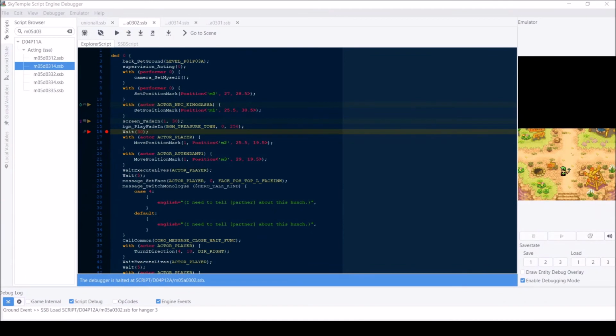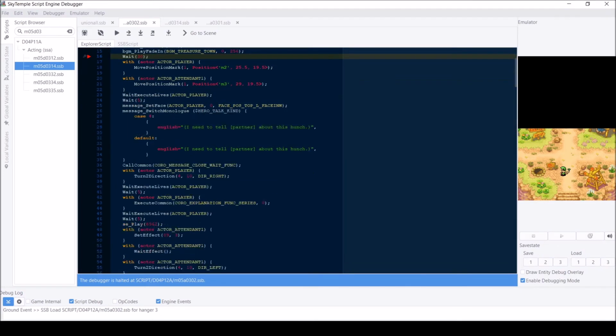Now, onto MO5A0302.SSB. We're in the East Treasure Town background, and NPC Kinogasa, aka Breloom, was added to the script scene. At line 43, if I scroll down to that, there is an ExecuteCommon. This came up in the first script as well, but I wanted to save it for here to spread out